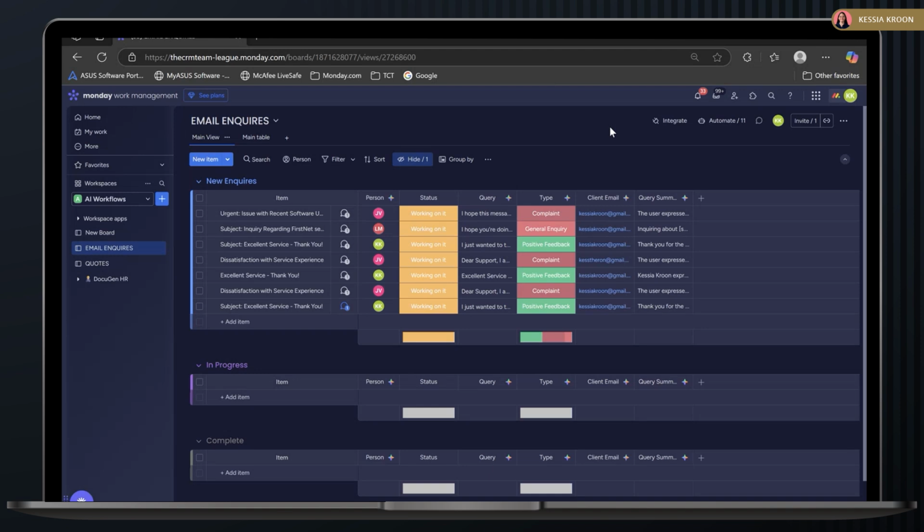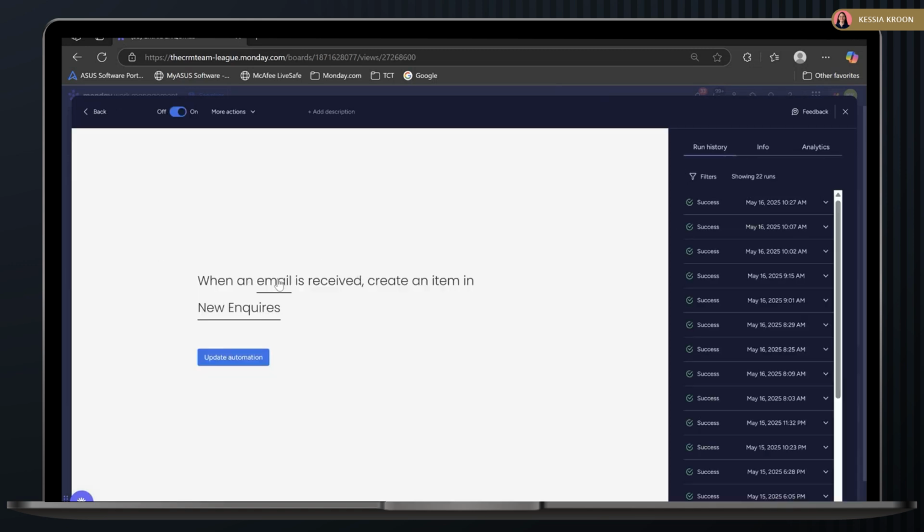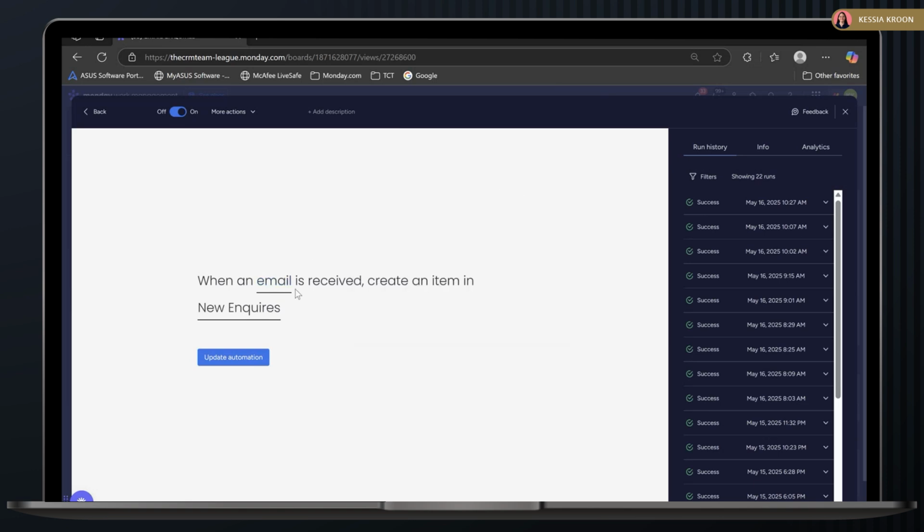general query. So to go through how I have actually set that up, we have the items. This is going to pull through with just the subject line of the email. If we go through to my automations over here, when an email is received, and this is linked to just my personal email address. So when an email is sent to my email address, it is going to automatically create an item in new inquiries. So if you were going to use this example, you would just link the customer service email, the support email